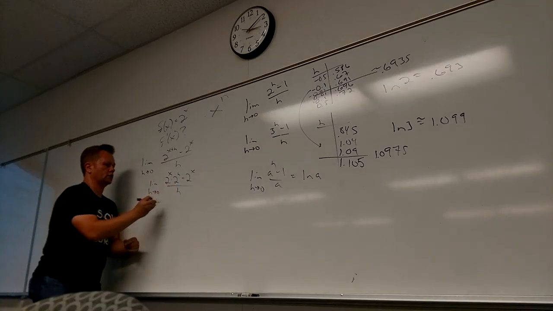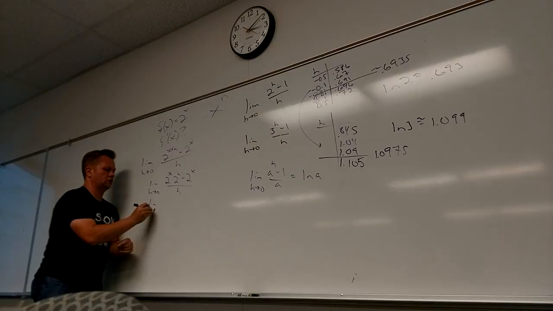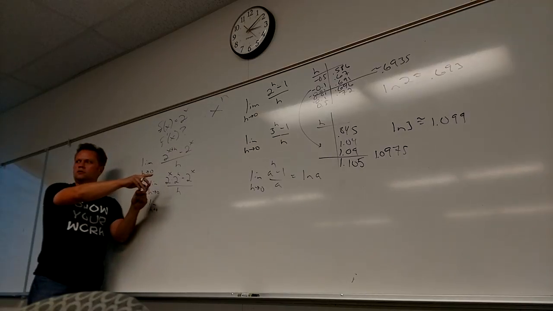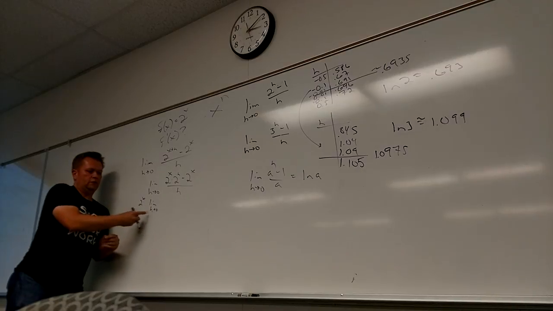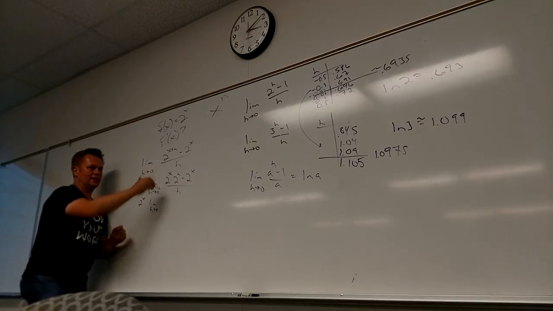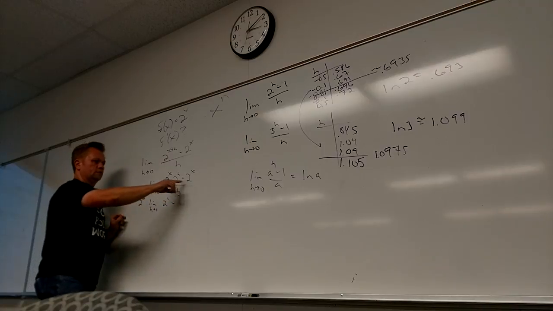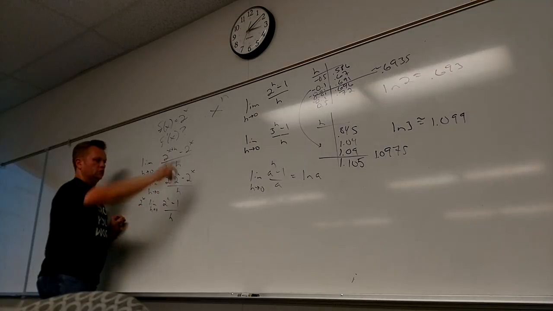All over h. Now watch. What part of that doesn't care about h? 2 to the x. So I'm going to take it out. It doesn't care what h is. It can come out. And what's left? 2 to the h minus 1 over h,